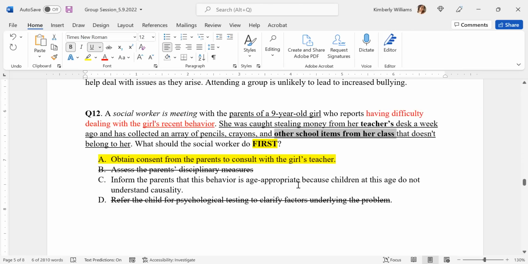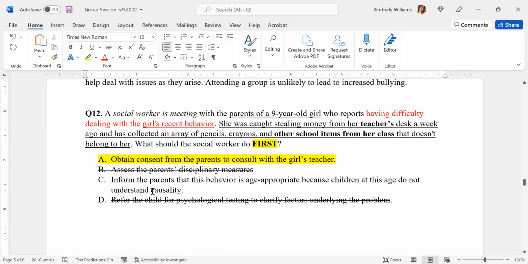But she's doing all of this at school, in her class. So yeah, I want to ask this mom, can I talk to the teacher and see what's going on in the class? Can I get a better understanding from the teacher? That's the most important thing right here. Basically, informing the parents that it's age appropriate is disregarding her behavior. And she's 9. I'm kind of with you, Rochelle, on that. I'm not even really sure what's normal at 9 according to human behavior. I'm not gonna act like I do, but personally, at 9 years old, you know what you're doing. You know stealing is wrong. My 5-year-old could tell you right now she knows stealing is wrong. So I would think that